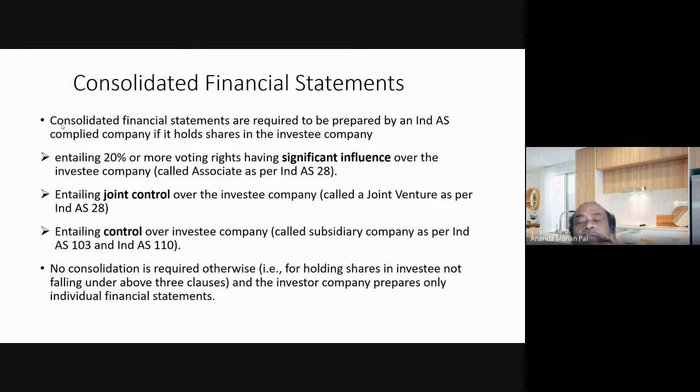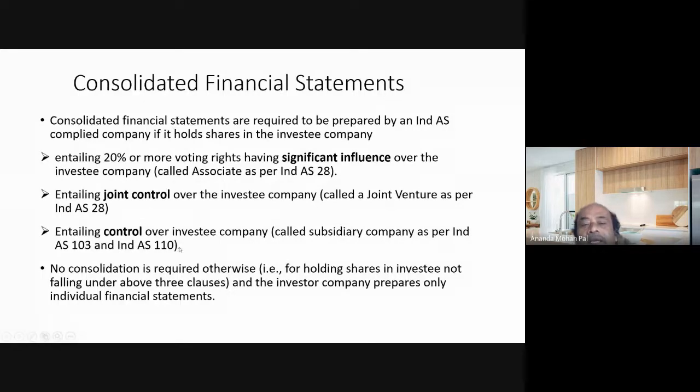So whenever it is more than 51% or more than that, you have control. You need not explain that again. But if it is below that, at least if certain theoretical questions are there, in that case you would be answering in that way, and you would see how the different criteria are mentioned, whether you have power and control over the investee company even with less than 50% share. And in that case, the investee company is called a subsidiary as per Ind AS 103 also, and as